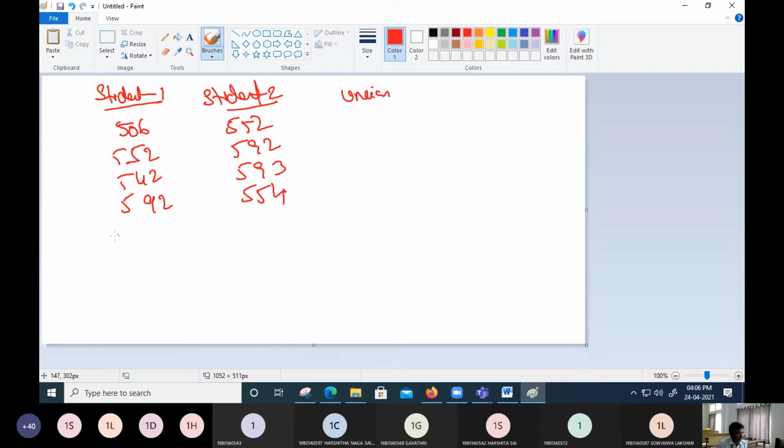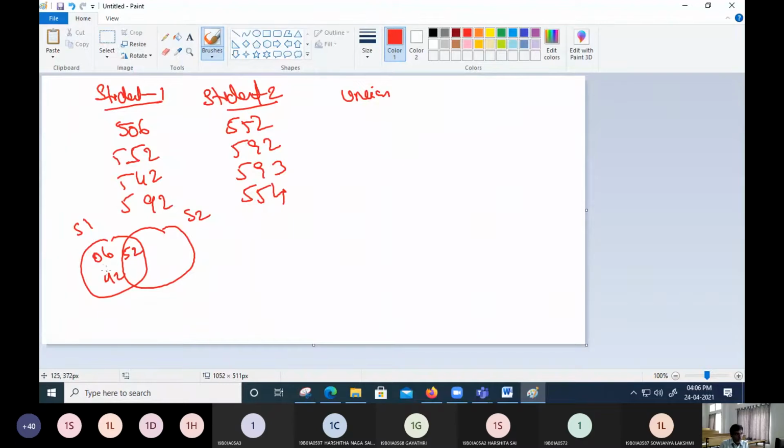Now tell me, girls, what is union? So we will put the records like this for understanding. 506 is exclusively in student 1, right? So 506 is exclusive. Is 52 common? Yes. So we are going to put 52 here. Is 42 common?